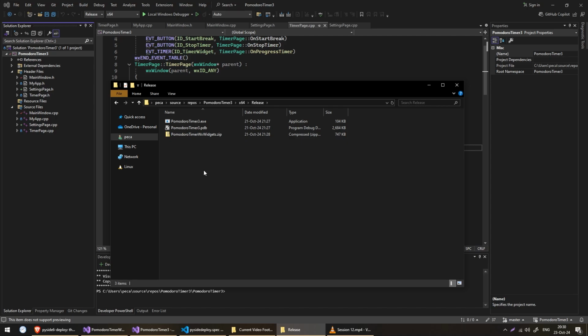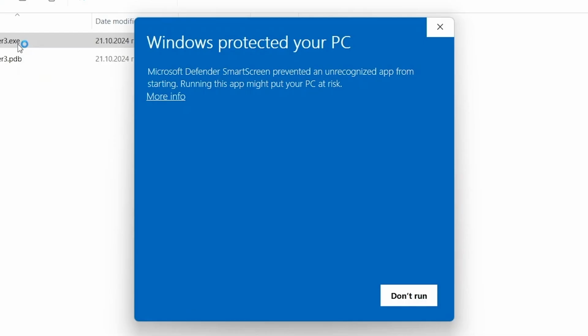For WX widgets, when you open the application, it automatically creates this exe file. Then from another computer, I simulated what the experience will be for a regular user. I downloaded each executable and ran it on my machine, and for each one I got this warning that running this app might put your PC at risk. This is separate from the frameworks I used. To solve this, I think you have to sign the executable in some way. I think you have to pay, which is separate from this video.